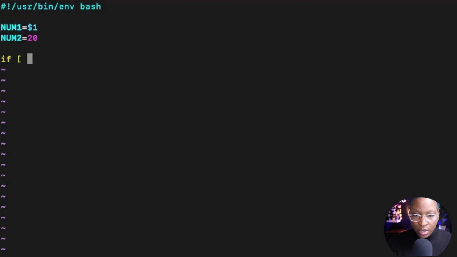So we have to use $ and the name of the variable. I'm going to use the -gt option, and the -gt option means greater than. So if num1 is greater than $num2, then I'm going to close, space, close the brackets. Then I'm going to use the then statement, and then I'm going to echo to the screen